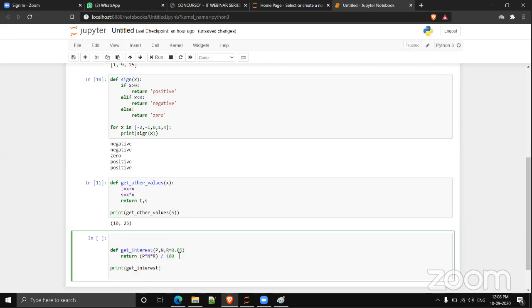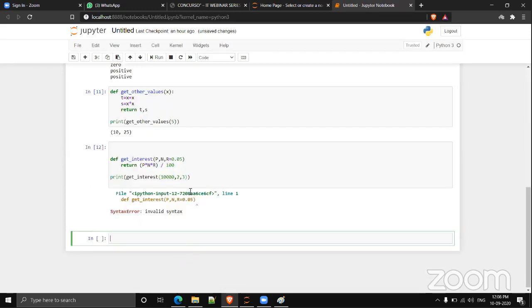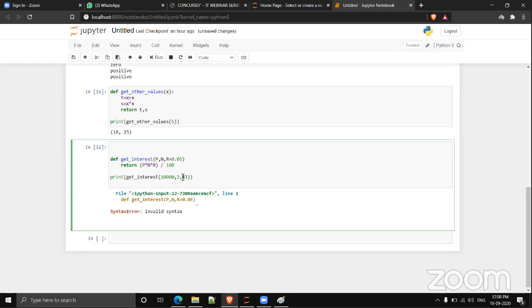Get_interest of 10,000, comma 2, comma 3. You have to specify the argument name while passing the default parameter.